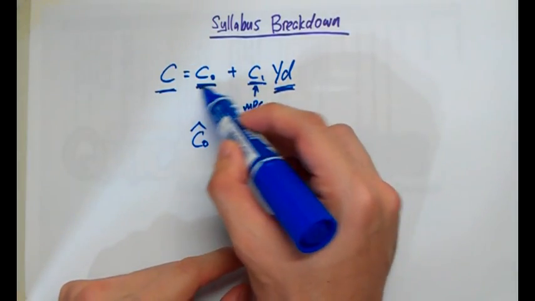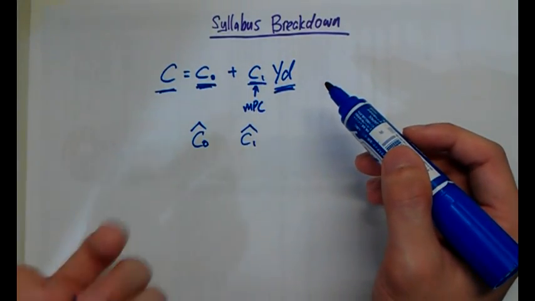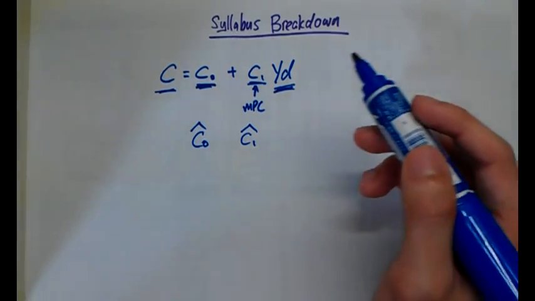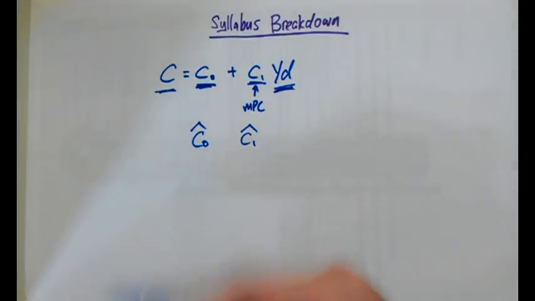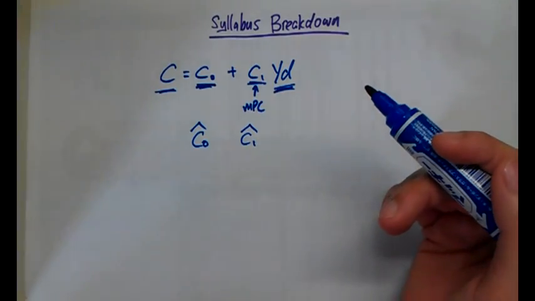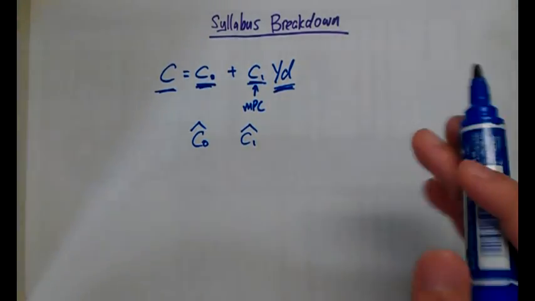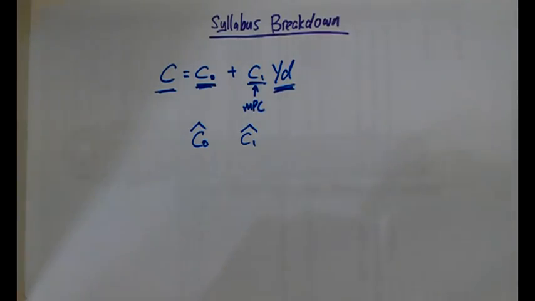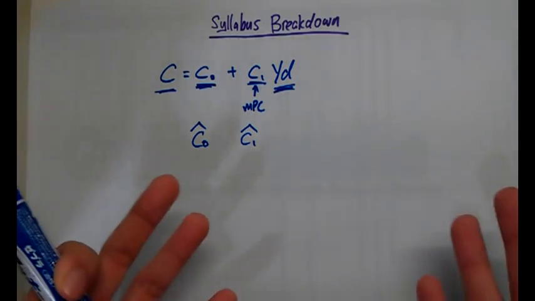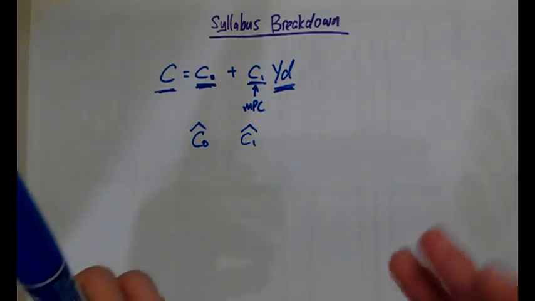And C0, as we all know, is autonomous consumption. So basically it means how much consumption we have if we've got no income at all. Okay, so that is the idea behind econometrics. It is gathering data from a sample, from a population, and then you're